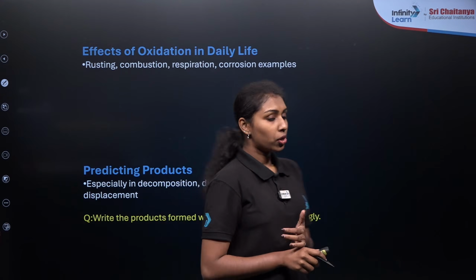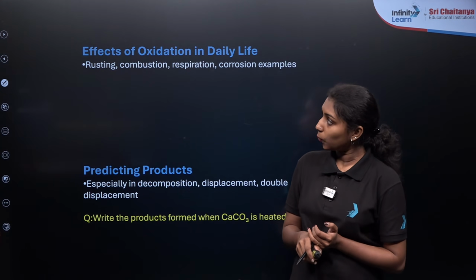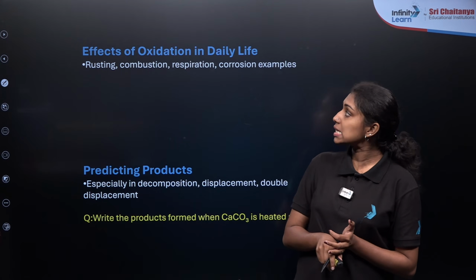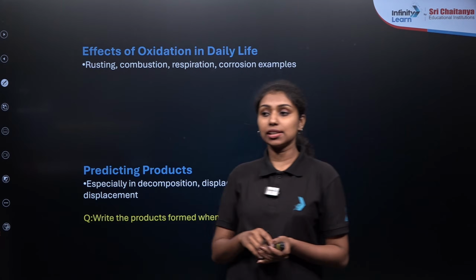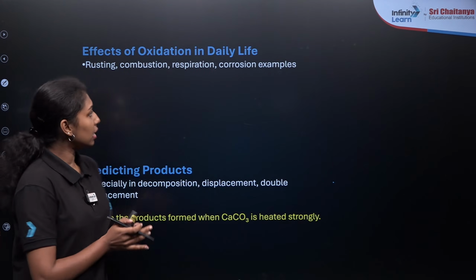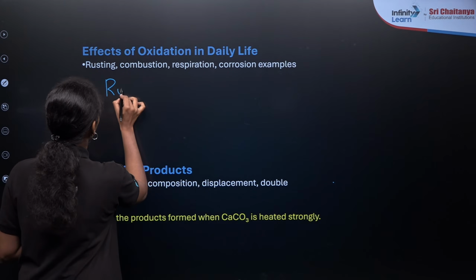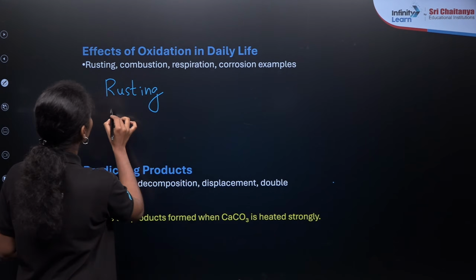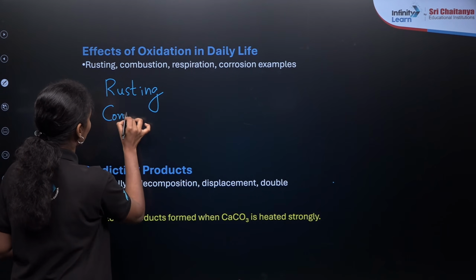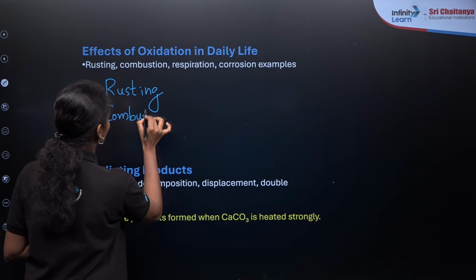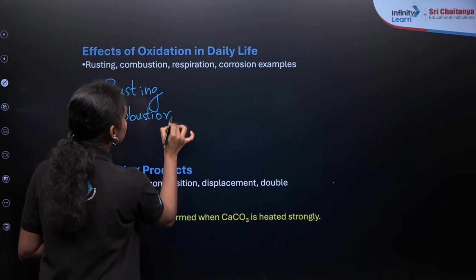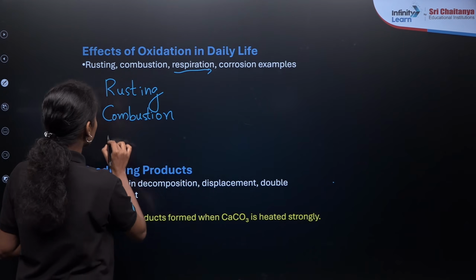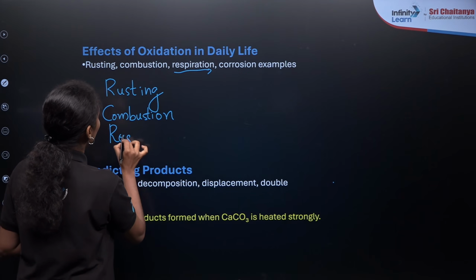And these are the last important topics from the chapter, chemical reactions and equations. That is about the effects of oxidation in daily life. We have already studied the rusting of iron, right? Rusting of iron is an example. So we need to identify what is the process behind the rusting of iron. Then we have studied the combustion reaction, right? In combustion, if you are treating with oxygen, carbon dioxide and water will be formed. And respiration is a daily life process of humans, which is part of the